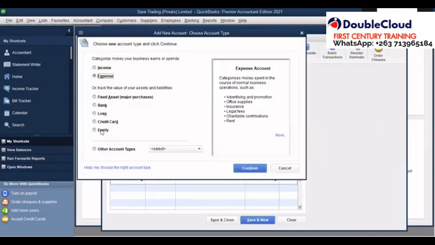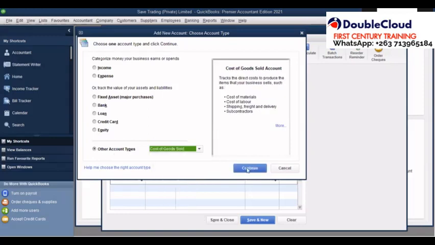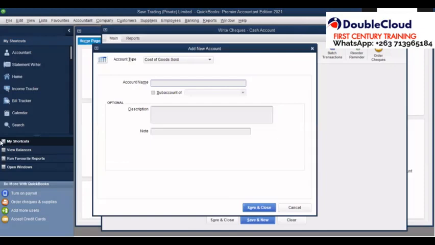Then for this account, we click on other account types, then we define it as a cost of goods account. Then we click on continue. Either we can give it as a cost of goods account, or we could define it as an inventory account. But in this case, let's just take it as a cost of goods account, because we are buying these items and selling them direct to the customer. Then we say COGS, cost of goods sold, then dash